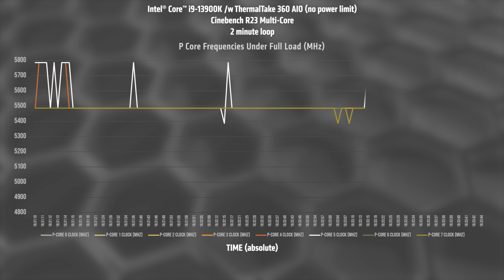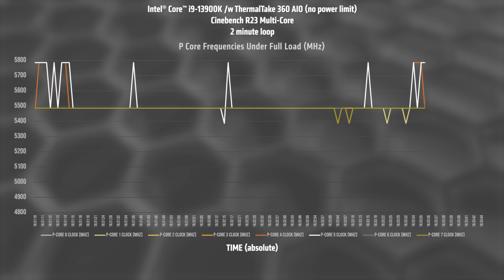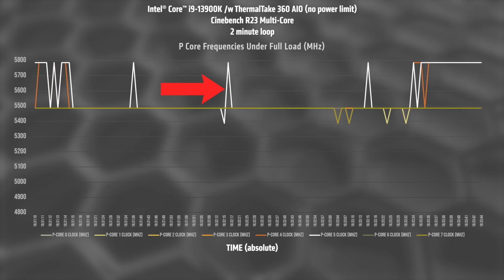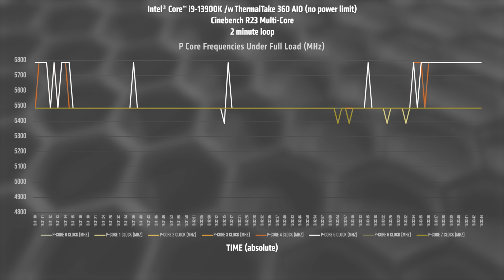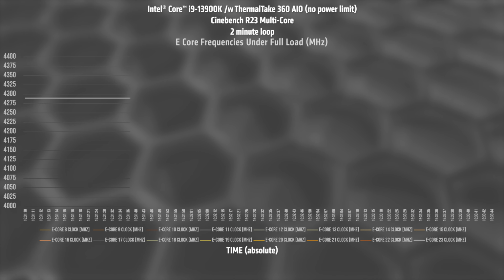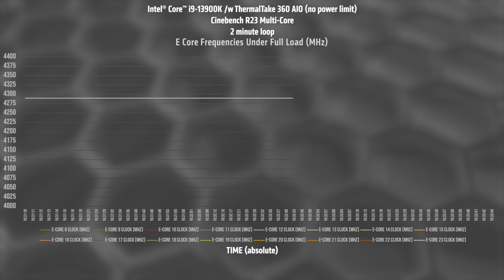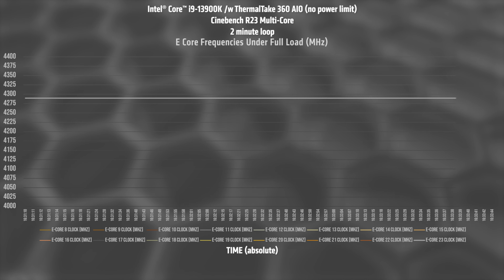And then a massively impressive, exceptionally stable 5.5 gigahertz frequency across all the 8 P cores throughout the test, with those periodic spikes there being when Cinebench was cycling over to start the next test in the 2-minute loop. Now for the E core frequencies, I don't think I've ever seen a more stable plot than this. All 16 E cores steadily maintaining their near 4.3 GHz frequency throughout the entire duration,